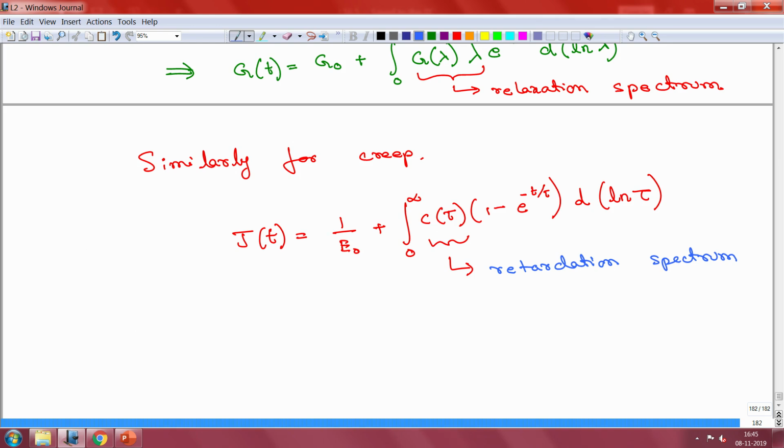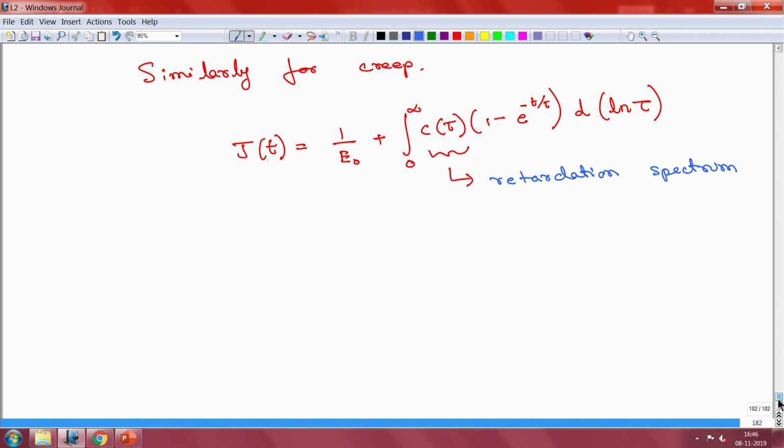So, we have seen that we started with a very simple one dimensional system, and we went on and made the system more and more complicated by adding more elements. Finally we came up with an idea of how the relaxation time scale itself varies and depends on a number of characteristic time scales built into it, and we finally generalized the idea of the characteristic time scale to get the relaxation and the retardation spectrums.